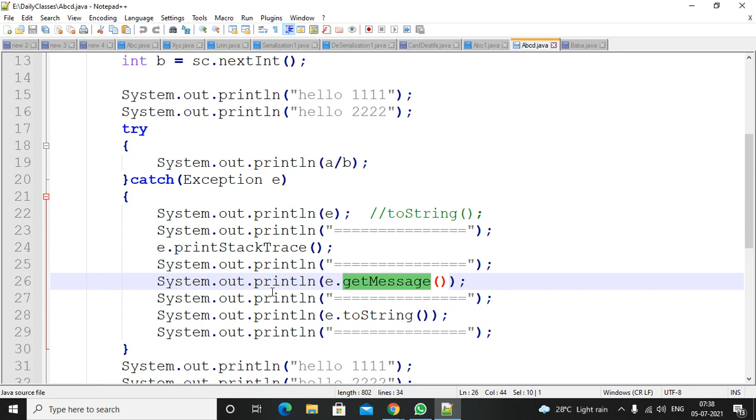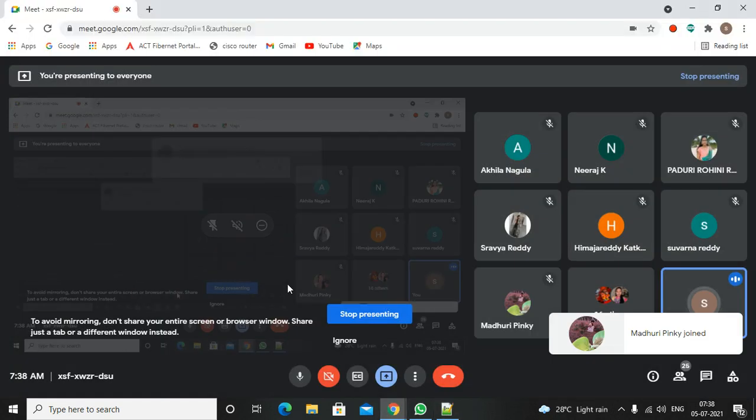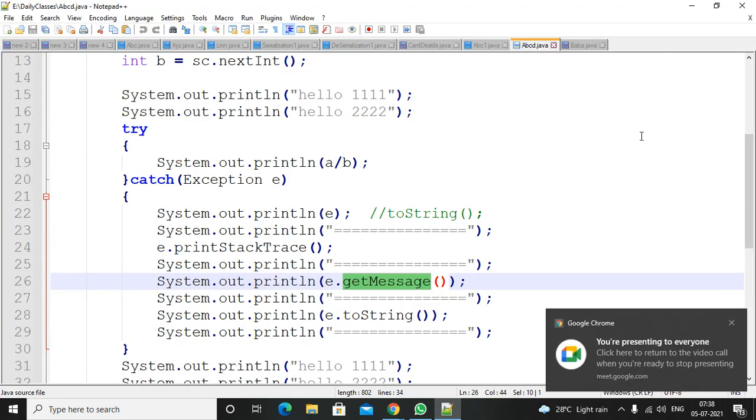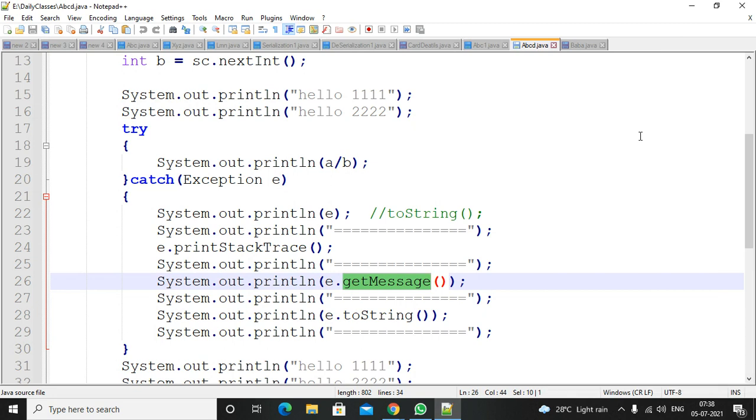In this process, if you are facing any exception anywhere, that method will be responsible for creating the exception object and handing it over to the caller method. In this case, what happened? First, the JVM will verify whether exception handling code is there or not. If it is not there, the method will be terminated abnormally, and it will go to the caller method and verify whether there is any exception handling code inside the caller method. If exception handling code is there, the program will be executed normally.